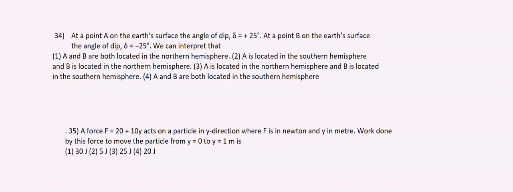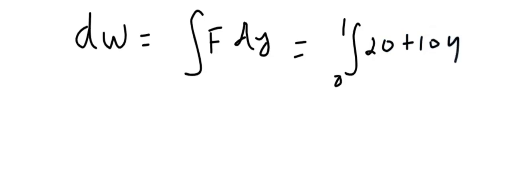So now we know dW is equal to the integration of F dy, where dW is the small amount of work done, F is the force and dy is the displacement. So we can see from the question that it is moving from 0 to 1 and F is given by 20 plus 10y. Let us substitute. So that will give you the integral from 0 to 1 of (20 plus 10y) dy